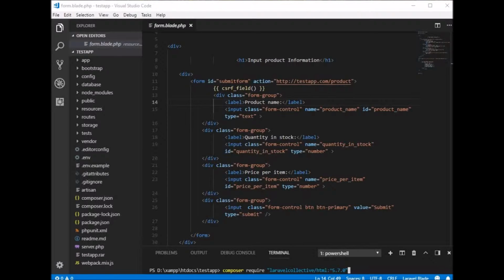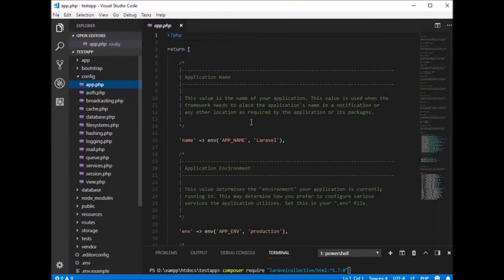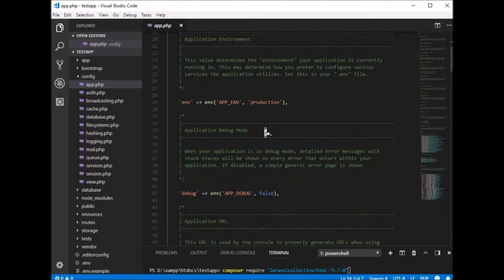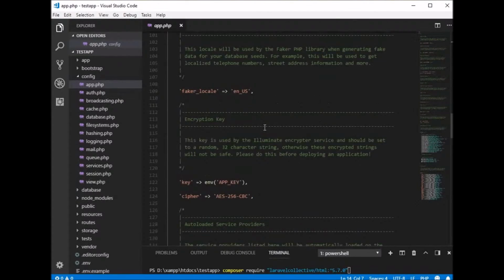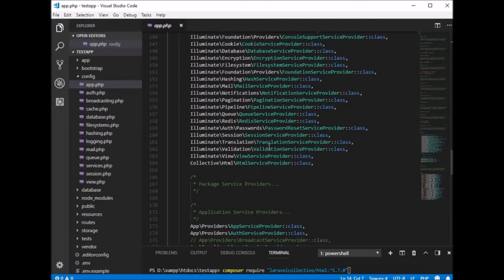And when that's done, there are 3 lines of code that you need to add to the app.php file. So go ahead and open up config, app.php. Scroll down to providers right here and type in this line of code: